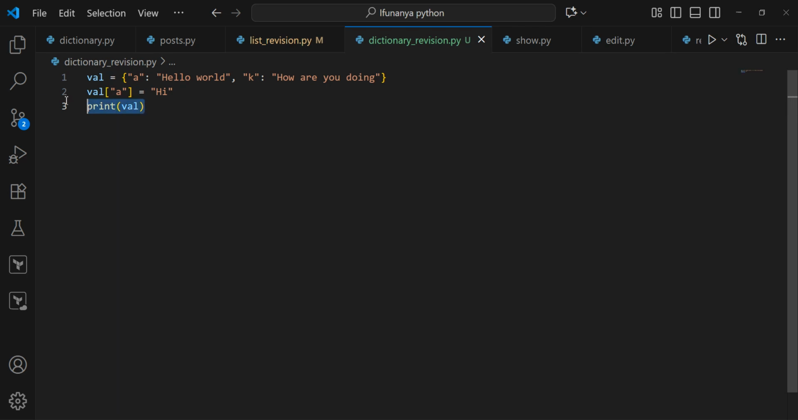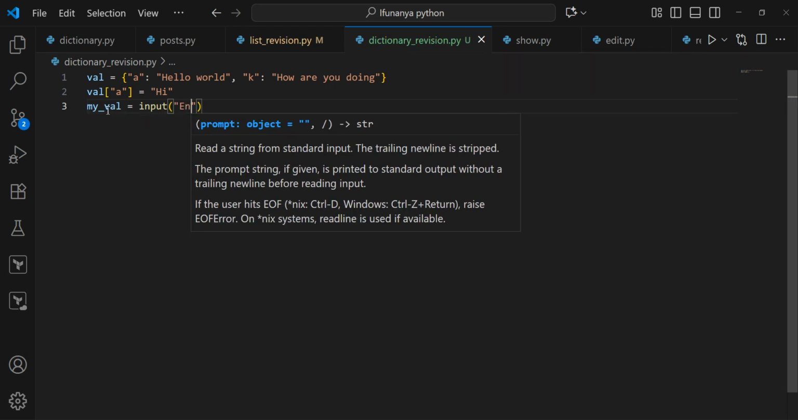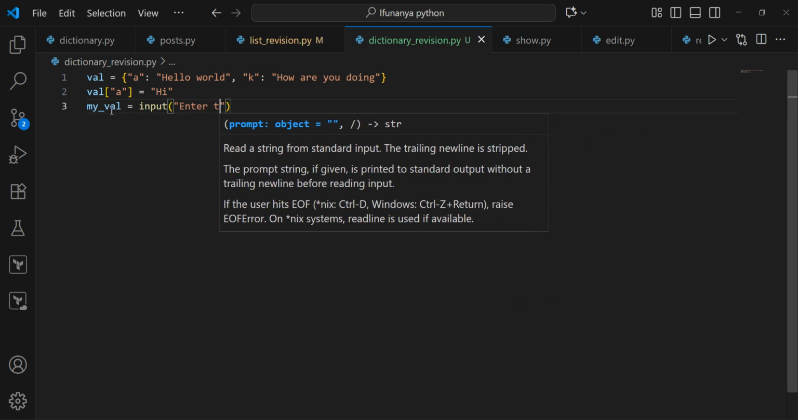Okay, let's proceed. Instead of making this static, I want it to be dynamic. I want the user to be able to add the value for A. So I can say my var equals input, enter the